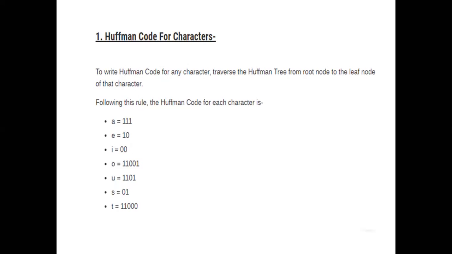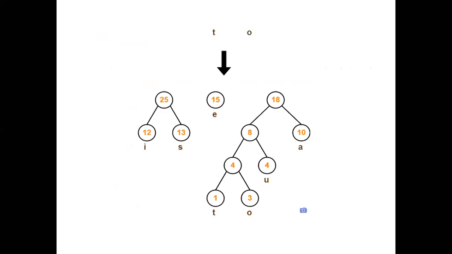But if we had done something different, suppose we represented E with 4 bits, then 4 into 15, how many bits would we require? 60 bits. So what we are trying to do is compress the data, we are trying to reduce the number of bits. So that's how we are going to do this process. And now I will again repeat the whole process. Just go through it.